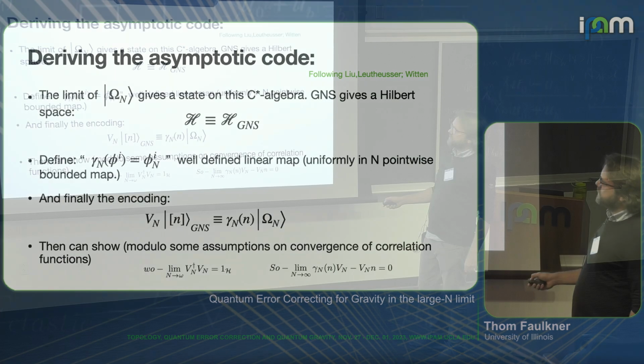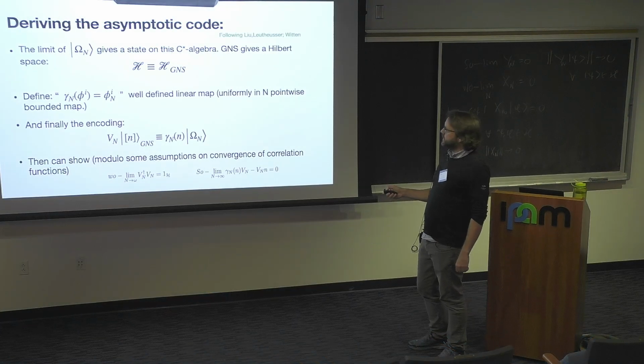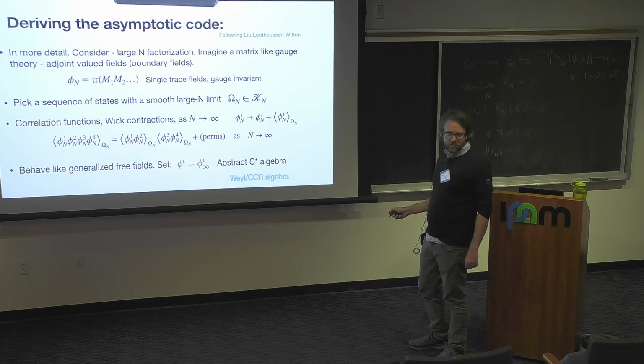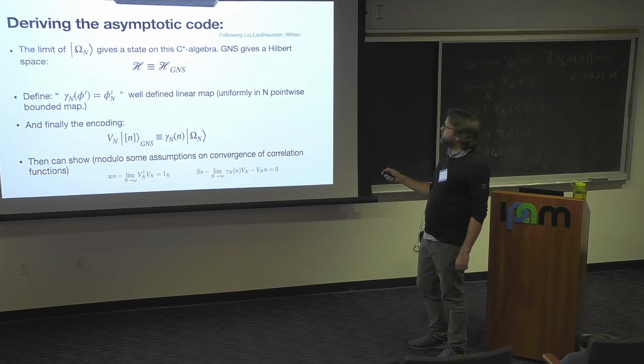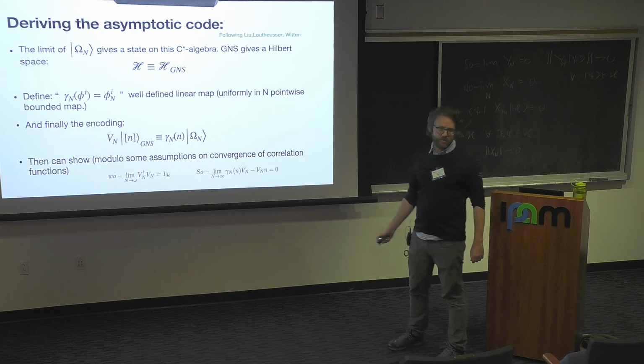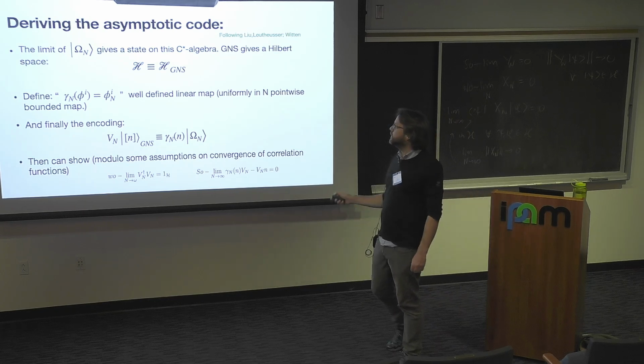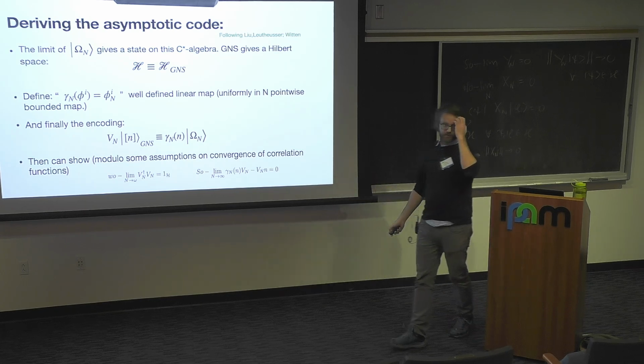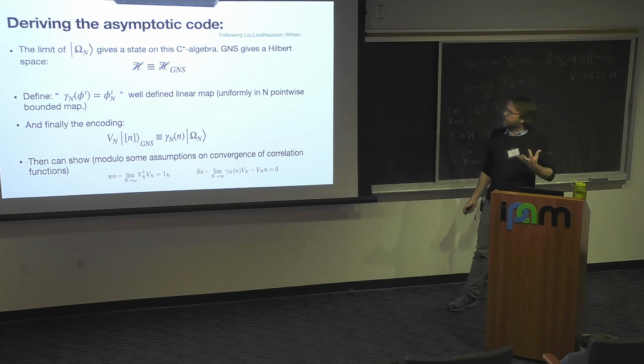The limit of the sequence of states that we're working with then gives a state for this C-star algebra. Once you have a state on a C-star algebra, you can construct a Hilbert space using the GNS representation. So we get a Hilbert space. That's the Hilbert space of the code. Right,